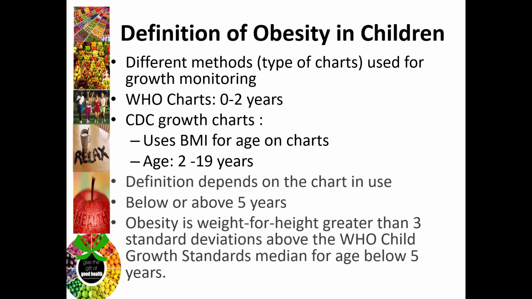years. So obesity is weight for height greater than 3 standard deviations above the WHO child growth standards median for age below 5 years. So if we are using the WHO charts, like I said, we can use it for children between 0 and 5 years. That chart has been formed using many children from different parts of the world, and the standards have been plotted on that